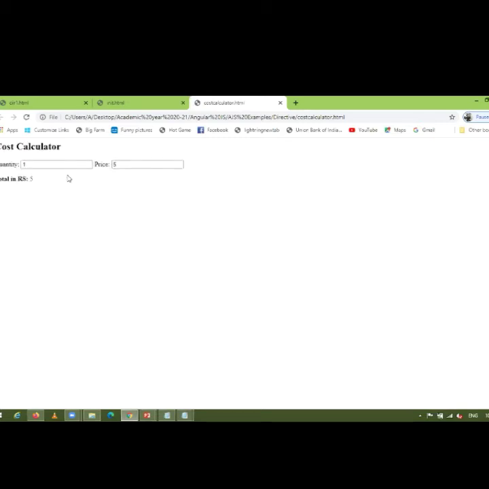See, by using ng-init directive, you are assigning the default values to the variables quantity and price, that is 1 and 5, and in expression you will get the value 1 into 5, 5. Here you can change the value. So by using ng-model, the new value will be assigned to the variable quantity. Same for price, and accordingly you will get new output.